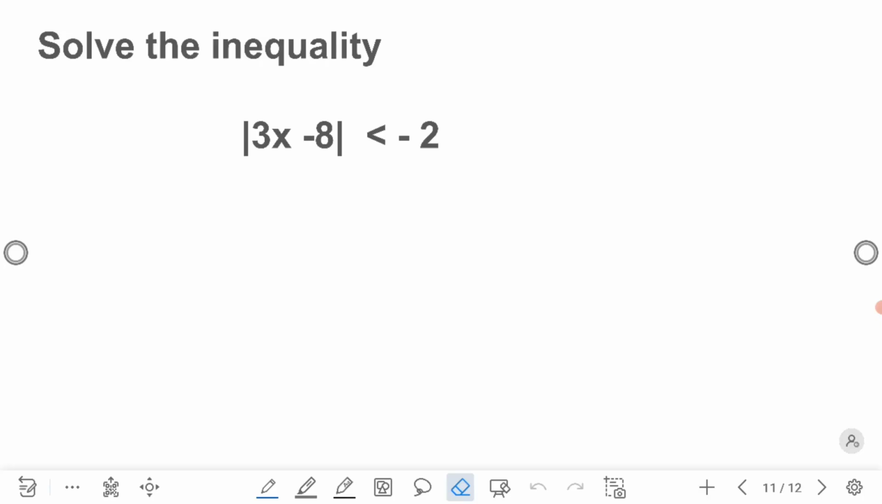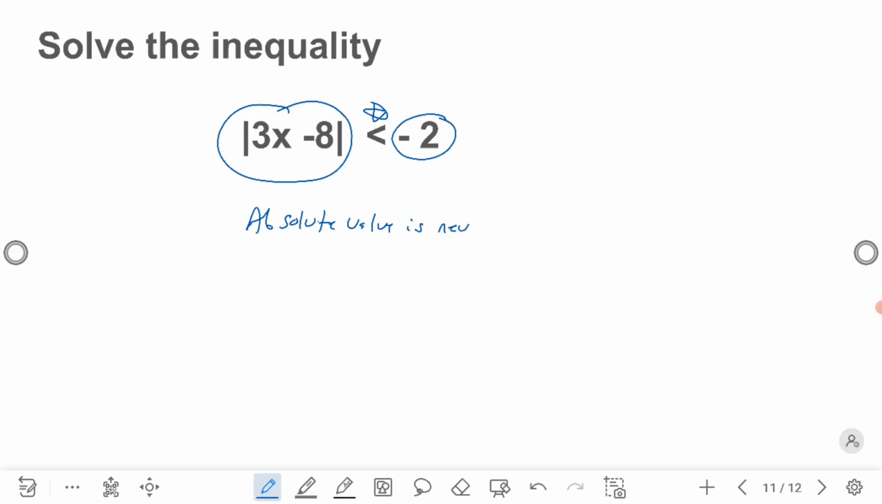Okay, this one, we have absolute value is less than a negative. When is absolute value less than a negative? Well, absolute value is never less than a negative. Okay, absolute value is never less than a negative. So our answer to this one would be